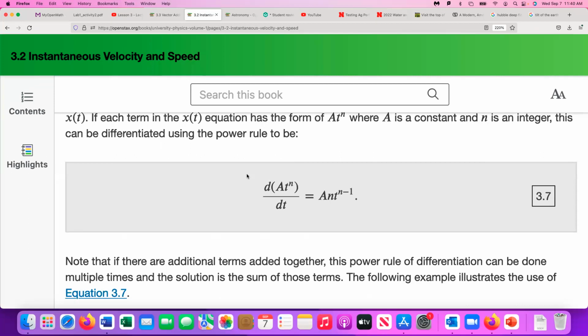Now we move on to the good stuff. Calculating instantaneous velocity using a derivative operator. How do we actually do a derivative? Well, we're going to use derivatives primarily with polynomials, because polynomials are often used to model physical behavior in the natural world. You can model just about any function using a polynomial of some kind. And so